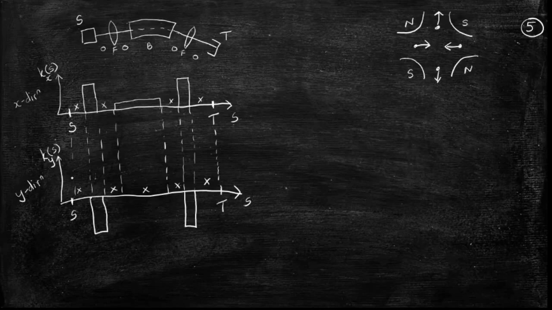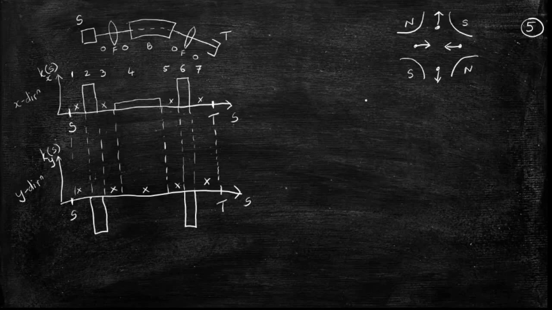So in the y direction, you will get also 7 matrices, but those 7 matrices need not be similar to the 7 matrices you obtained in the x direction. They can be totally different. 4 of them will be same, but 3 of them will be different. Okay. So we know that we have got region number 1, region number 2, region number 3, region number 4, region 5, region 6 and region 7.